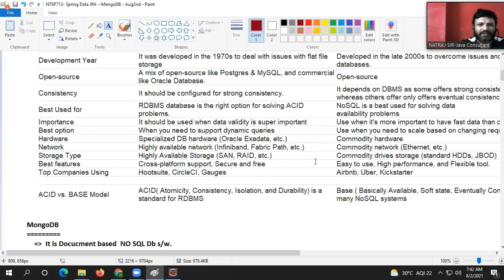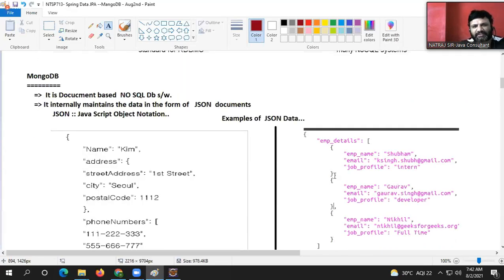Are you happy? I think you got a clear-cut picture about SQL and NoSQL, where to use SQL, where to use NoSQL. I already discussed it long back, right? Structured, unstructured kind of thing. But that day I said, give me a few days' time. I will give exact differences between SQL and NoSQL database software. Okay, now let's come back to